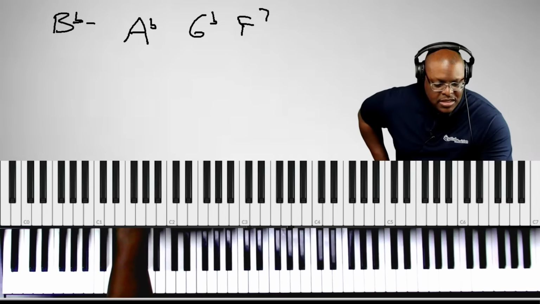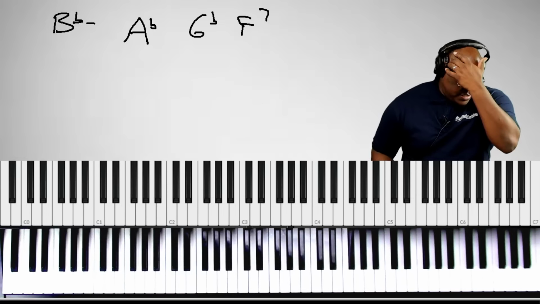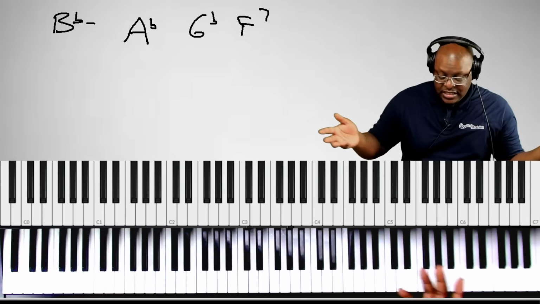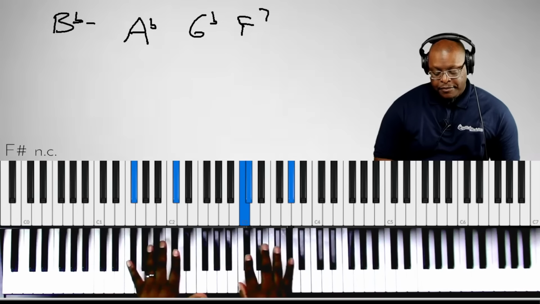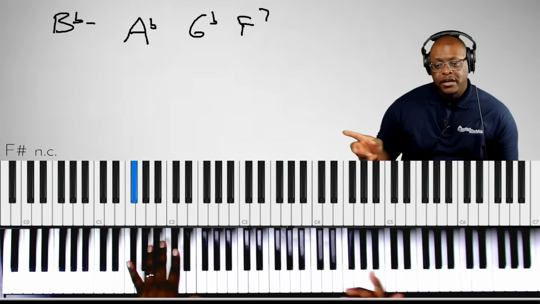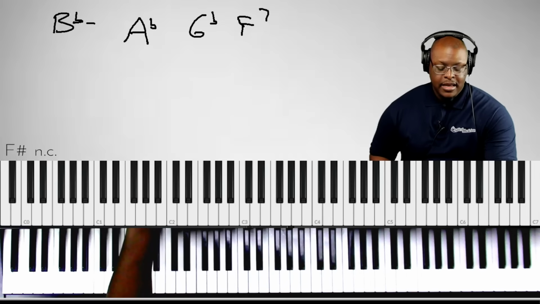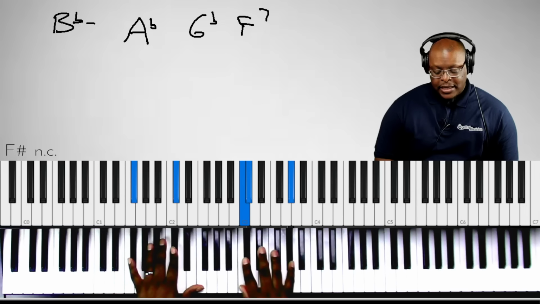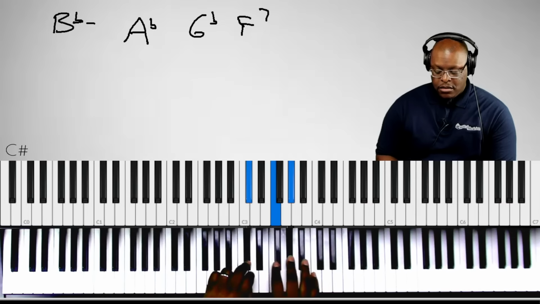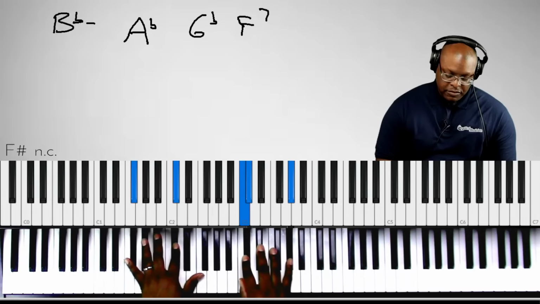Okay, I see some questions. Someone says, "What is the concept called? The false suspension idea?" It's just suspension. The problem with the way I'm playing it is that it's so ambiguous. Even the chord software over there says NC, which stands for no chord. This could be a D flat major 7 with add 4, right? Those are the notes I'm using, but just the 4 on the bottom.